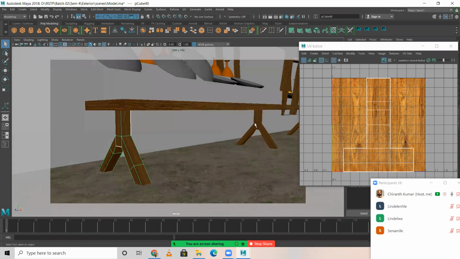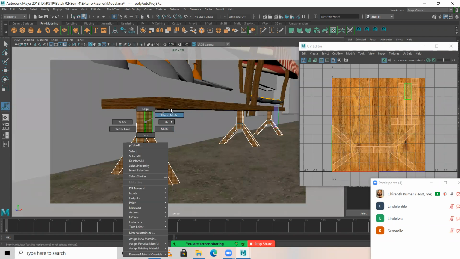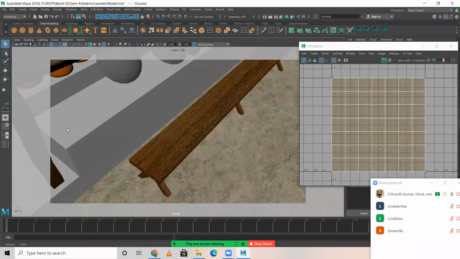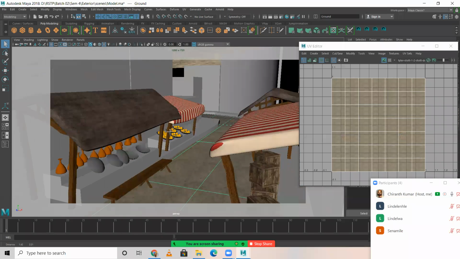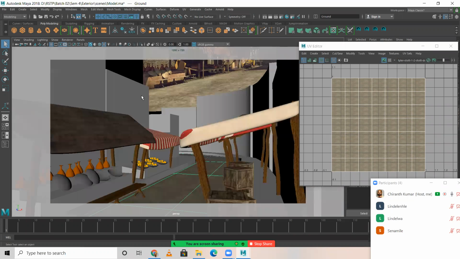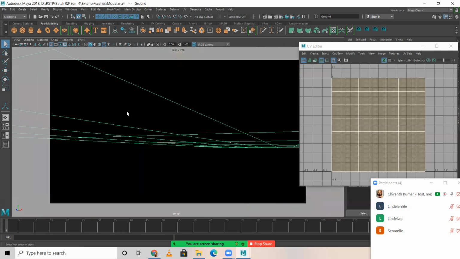Same way I'm selecting these three. I press G, automatic mapping. See, it looks good. Now there's some texture here also.